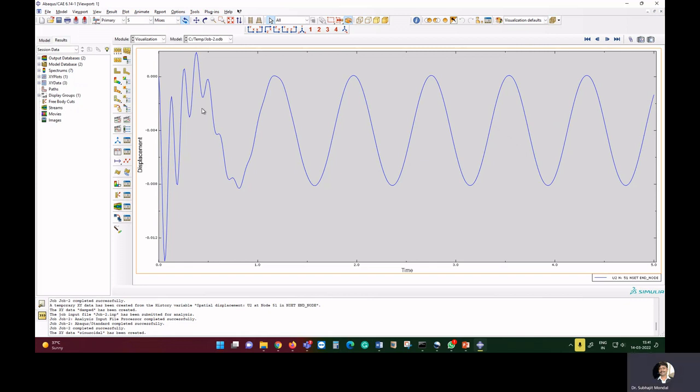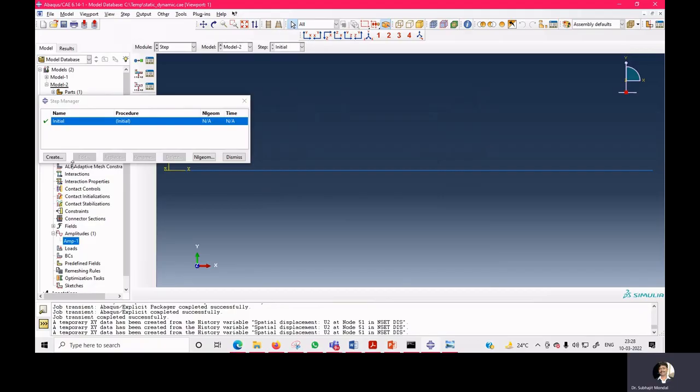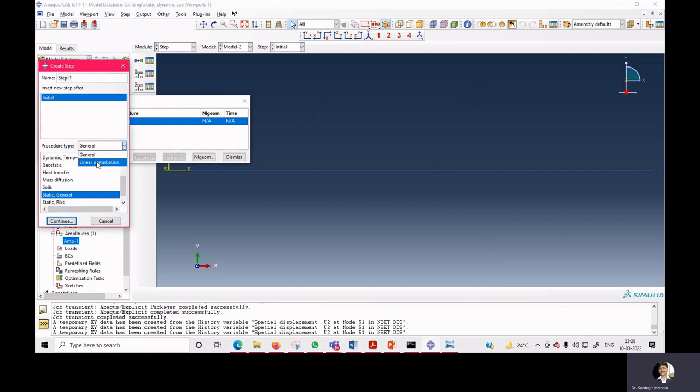Now we are going to see how we can perform this where our displacement is a function of frequency. Here, displacement versus time. Once we want to plot the response, we will observe how the displacement looks, and whether it comes out as per our expectation or not. We are going to perform modal analysis here. What are we going to do? We are going to